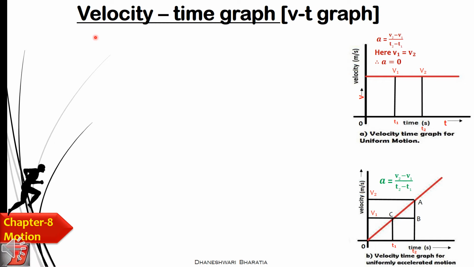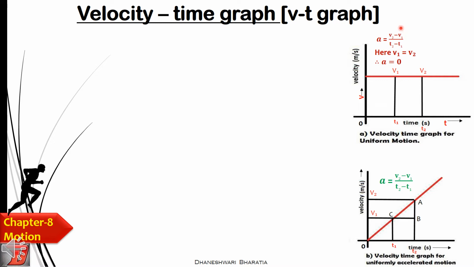Now let's talk about the velocity time graph. Here the velocity is taken on the y-axis and time is taken on the x-axis, right? Now at time t1 the body has traveled with the velocity of v1, and here at t2 the body has reached, which means it is at the same condition. Are you getting it? The velocity is the same here, and we know how to find the acceleration,